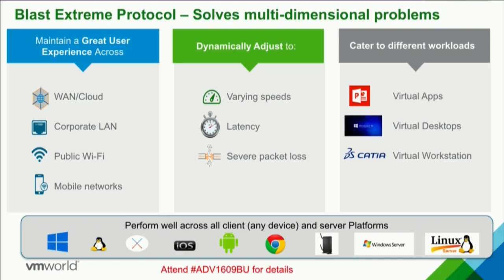With PCoIP, you're able to do graphics offload. You get that advantage. However, when you want to encode those frames, you still rely on the CPU compute to be able to encode those frames before you send it on the wire. What that means is you increase your latency, you're also taxing your CPU. That means you're lowering your density. With Blast Extreme, since you're doing your graphics offload and immediately encoding those frames in hardware, you're not taxing your CPU, you've lowered your latencies, and that's where you see those differences.